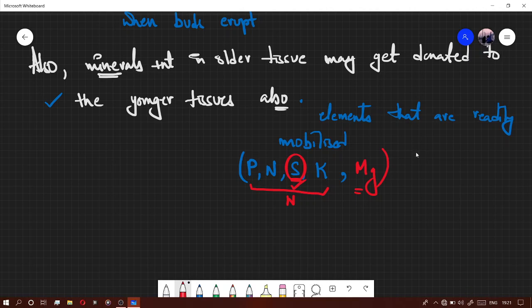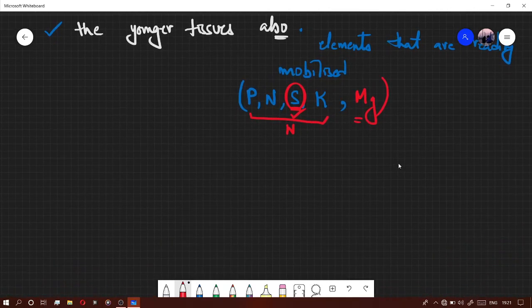And since we're doing this, let's also know what are immobilized elements. Let's say it's calcium only. An example of it is calcium. We'll just keep it to that, keep it simple. Thus, what is the conclusion